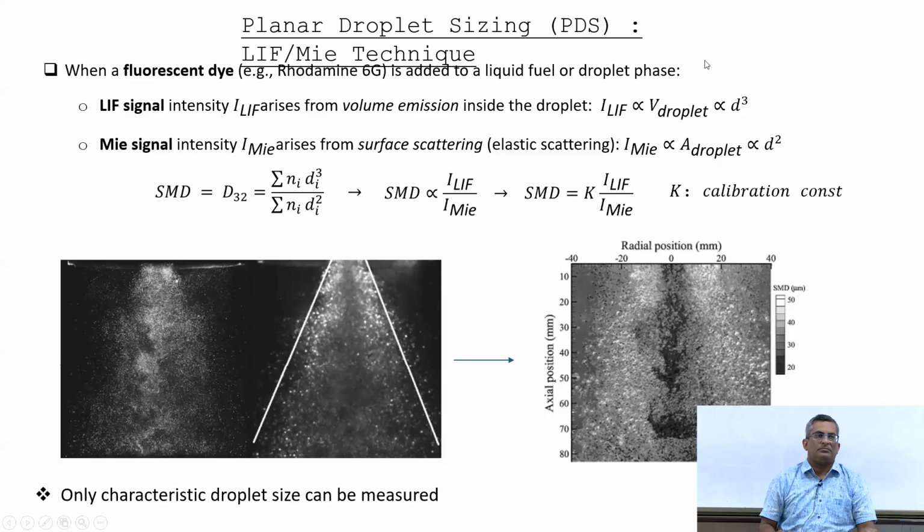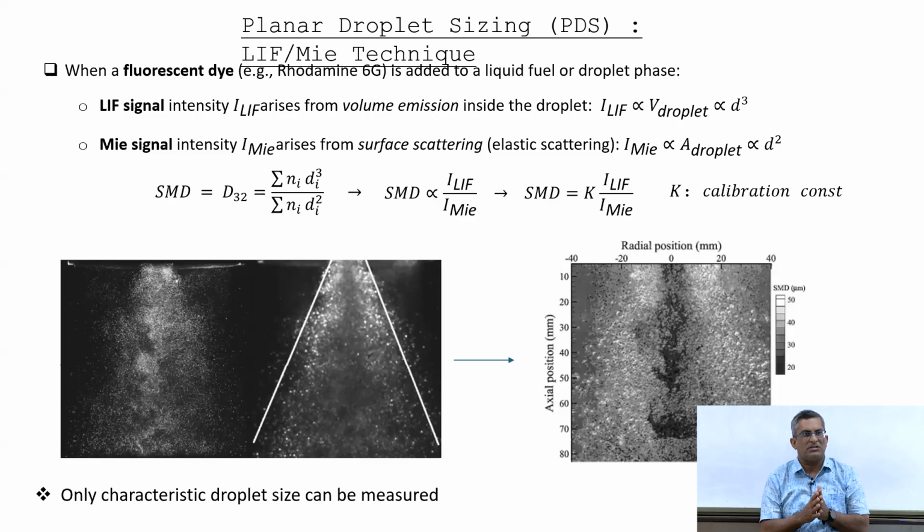Then we excite that through a laser, let us say a green laser of 532 nanometer. Because of the green laser, the droplets would scatter light, which is Mie scattering. But at the same time, because we have added a dye, the dye will also fluoresce, and we can capture the fluorescence light